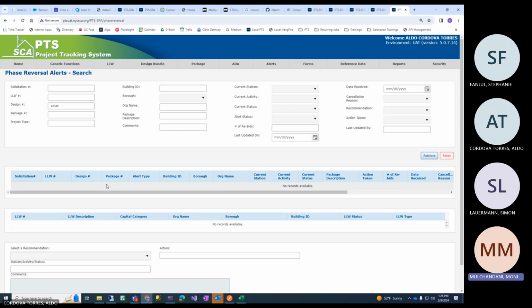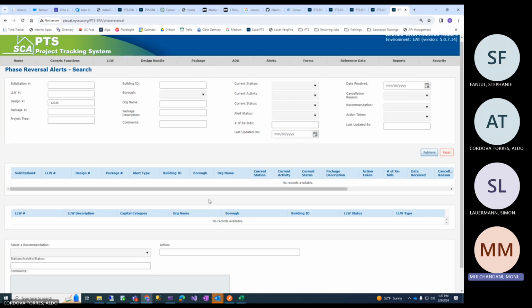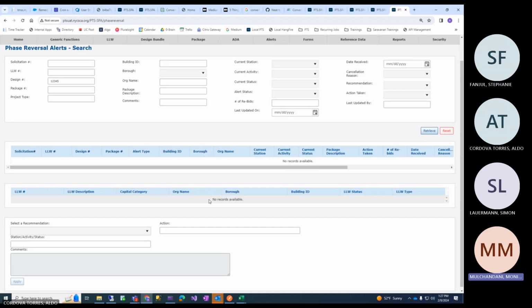So there's status change involved with this page. It goes from one status to another, a lot of heavy duty emails going out, status changes happening. But it's just intermediate: when something to do with a contract gets disturbed or cancelled, then in between there are reviews happening across all departments. So that's what it is. They can search based on whatever they want, building, solicitation, LLW design bundle, and the entries get saved, and then they just go from one station to another. That's about it.